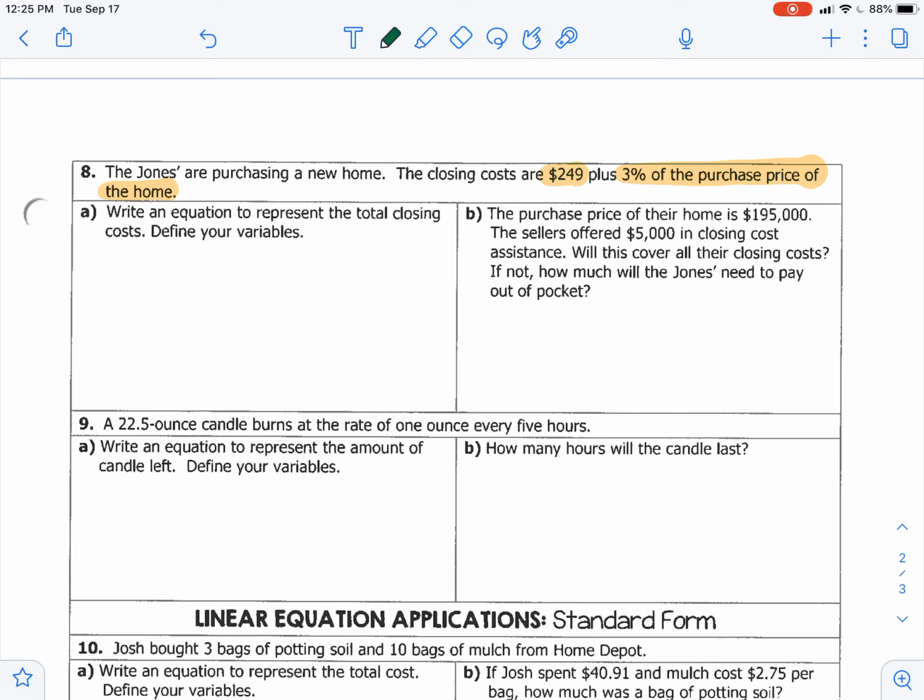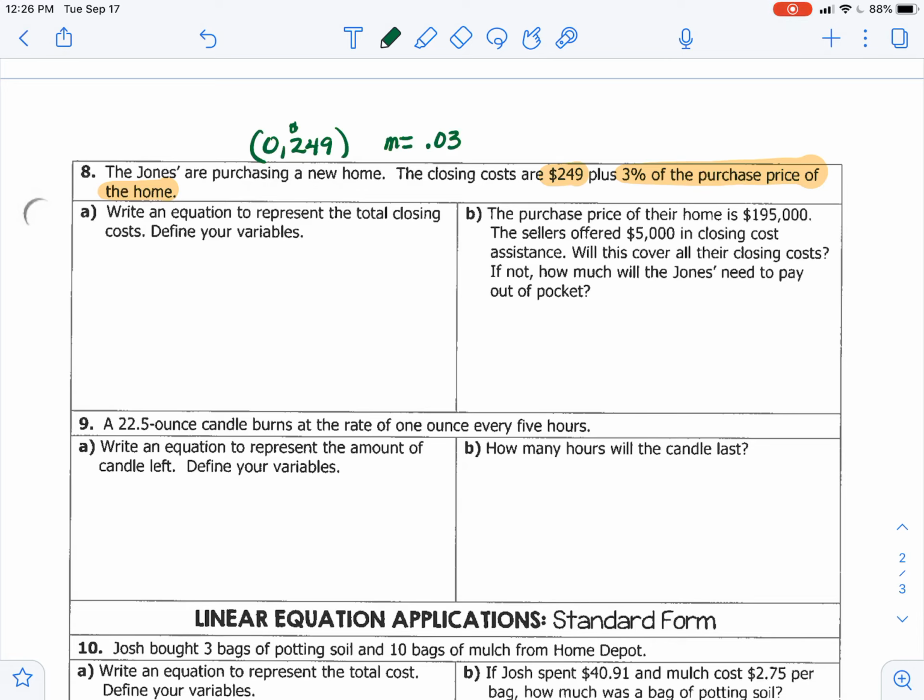So when I look at and identify what is what, my y-intercept, if you want to think of it, is 249. No matter what, it's going to be 249, okay? And then my rate is going to be at 3%. Now, it's 3% of, okay? So your slope is 0.03,